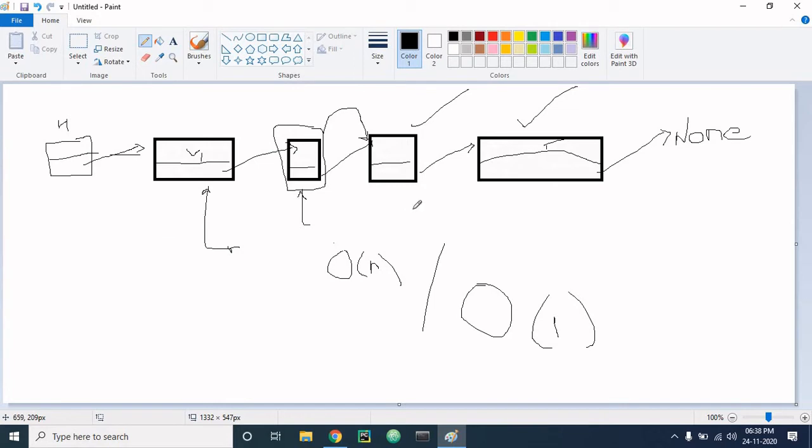Many operations such as lookup are faster than in an array, but the worst case of lookup in both an array and a linked list is the same, O of n. But in real life, when we do lookup, linked lists are faster.